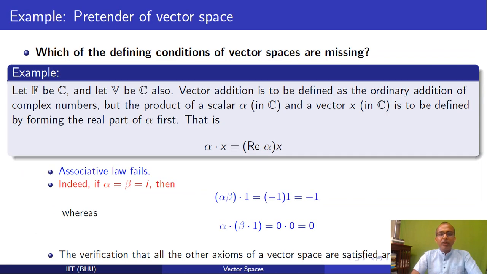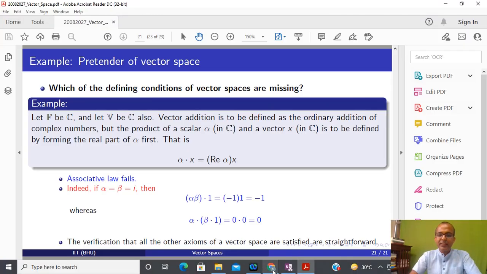Okay, now here I have given one more example, that is a pretender. Pretender means that it is not completely a vector space. Suppose your field is complex, and the vector is one where each entry is a complex number, and if you define the multiplication like this, again it is possible to show that it will not satisfy the associative property. So please check it. Now it is time to conclude today's lecture.